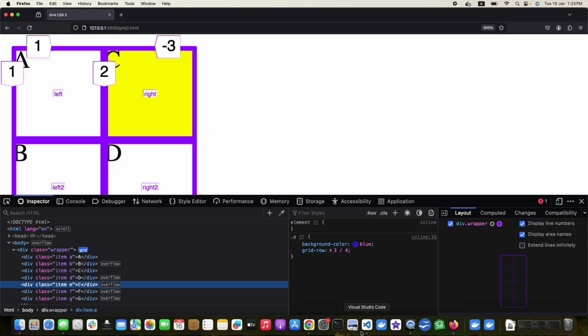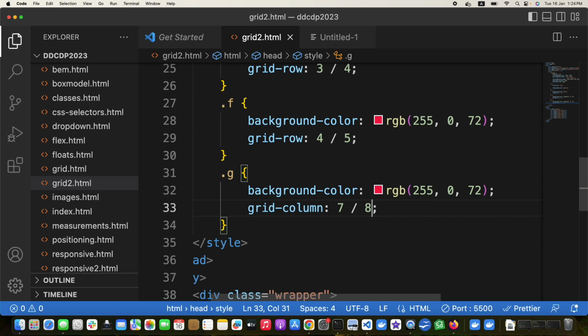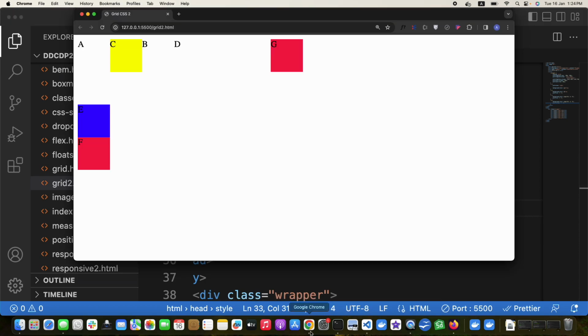So what we will do? 7 to 8. Now what do you expect with this property? We will have 7 columns. Exactly. We are just placing it from line 7 to 8, but in between, because we only have 3 lines, from 3 to 8 different cells will be created automatically, and all of them will be of 60 pixels. So if you refresh it,